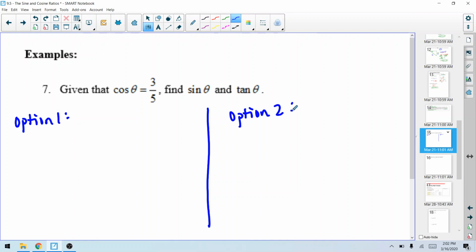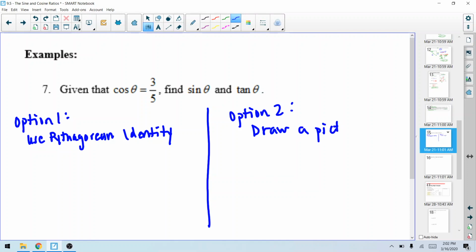Now, option 1 is we're going to use the Pythagorean identity. Option 2, we're going to draw a picture. So, starting out, we are given that the cosine of theta equals 3/5, and we're going to have to find